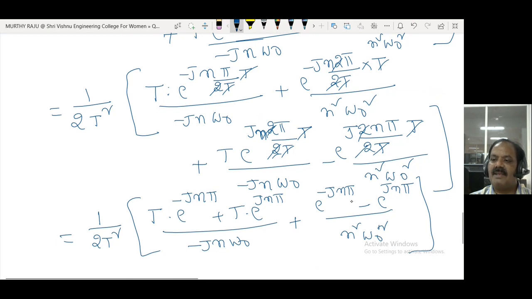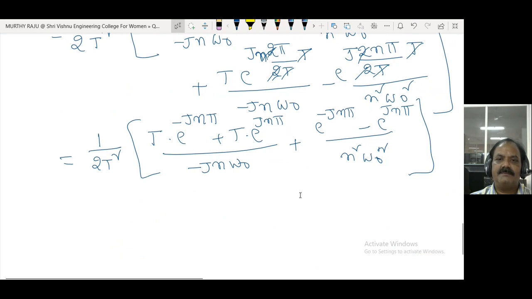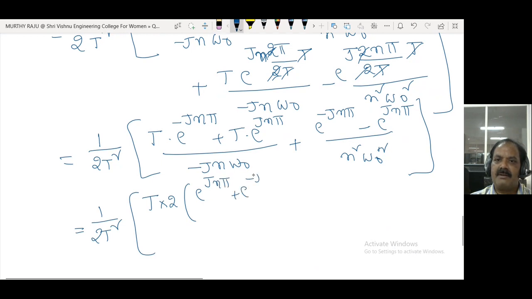Here 1 by 2T square. Here T is a common term. Multiply numerator and denominator by 2: e power j n pi plus e power minus j n pi by 2, minus j n omega naught, plus